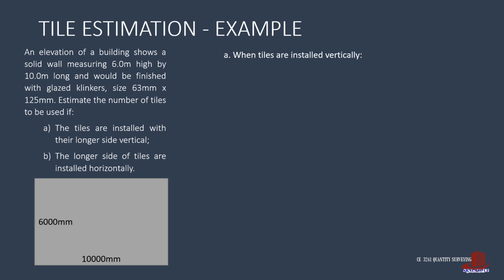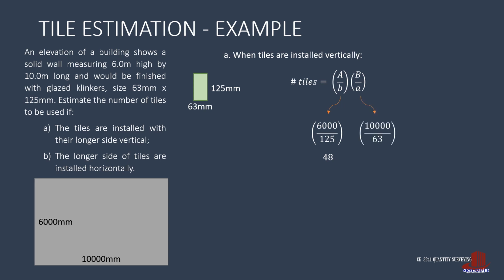First, we estimate the tiles laid vertically. For standing tiles, the formula is capital A over small b times capital B over small a. By plugging the values, we have the wall height of 6,000 millimeters over the longer side of the tile, 125 mm, which results to 48. The other factor is the length of the wall B, which is 10,000 millimeters over the horizontal side of the tile, which is 63, and this gives